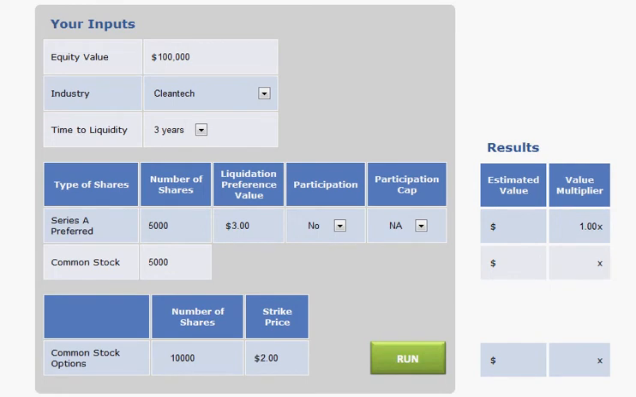I'm a founding principal of Sorbus Advisors, San Francisco Bay Area-based valuation advisory firm. In this video, we'll talk about how to use our term sheet value calculator you can find on our website